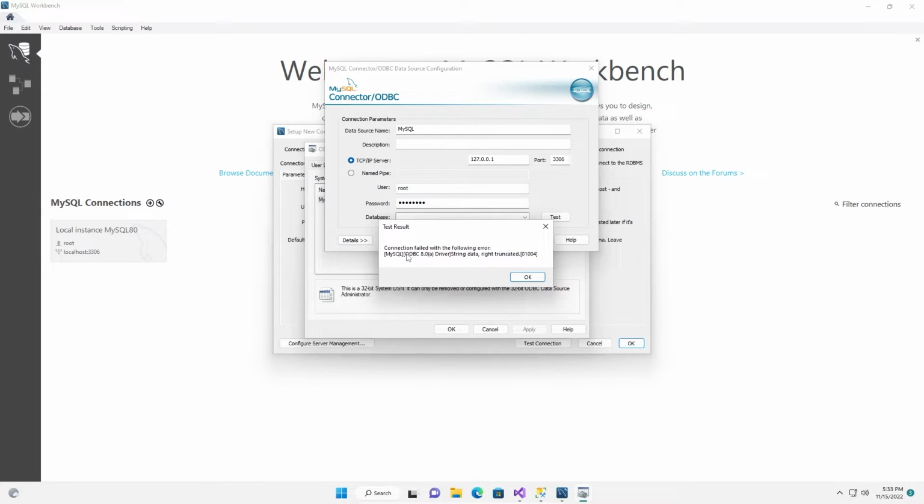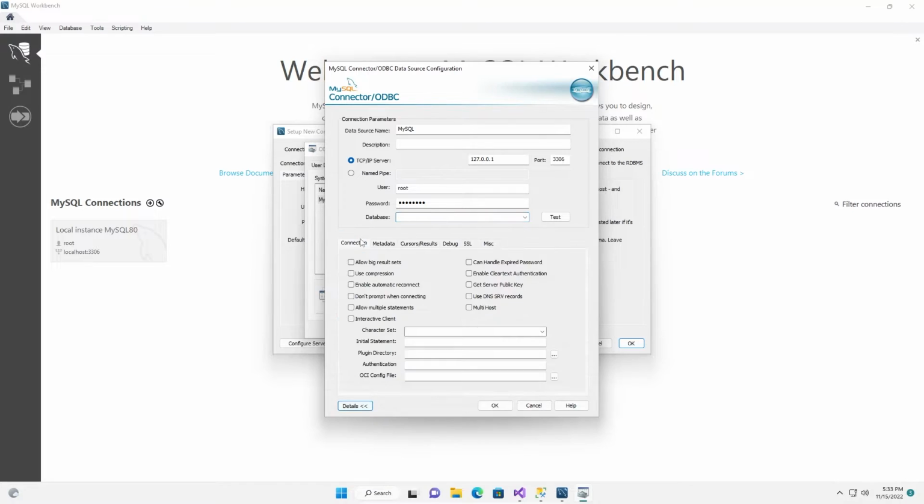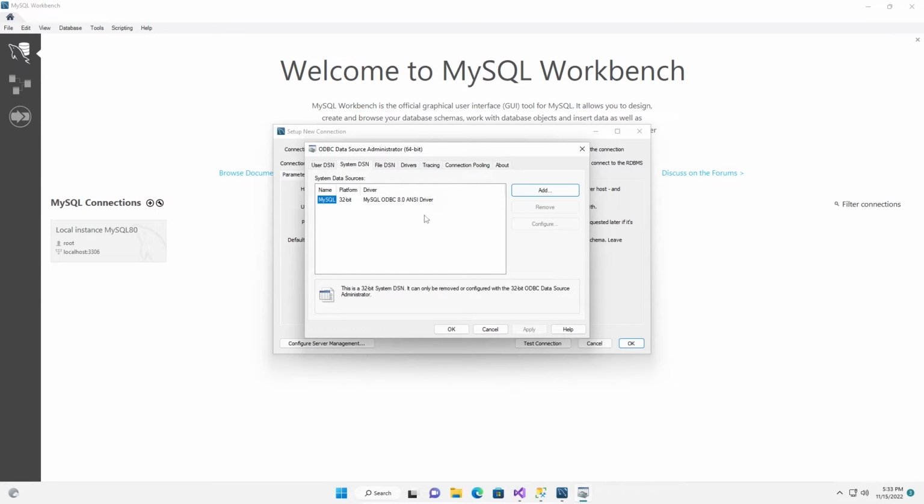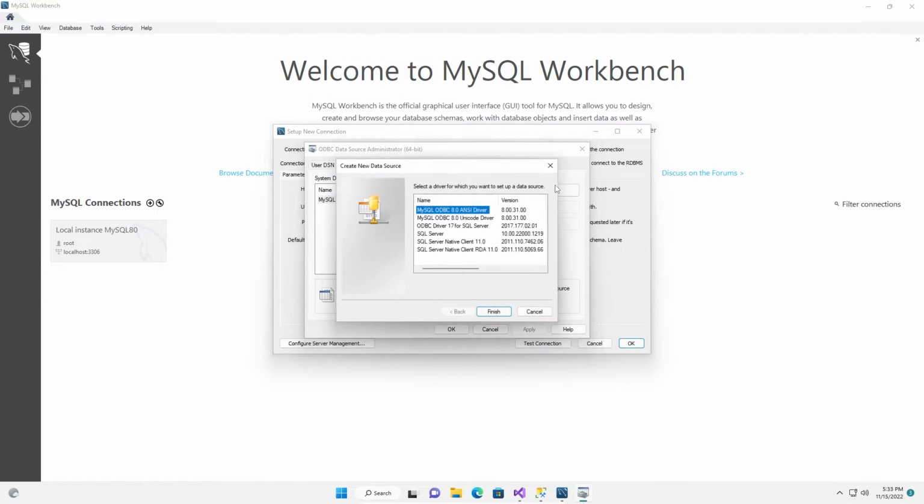Connection failed with the following error. Okay, let me check what happened. Okay, let me choose a different driver. For the second driver, you can use Unicode.